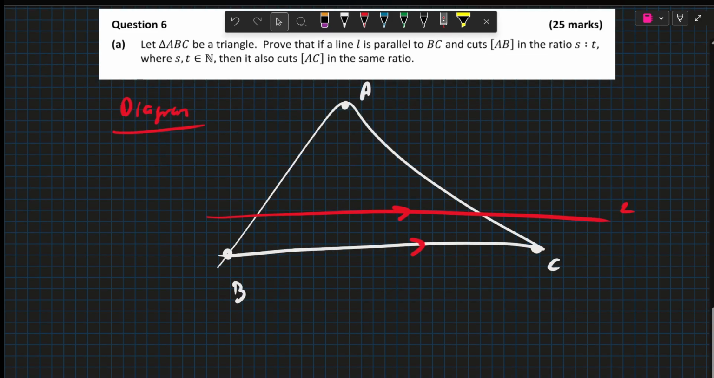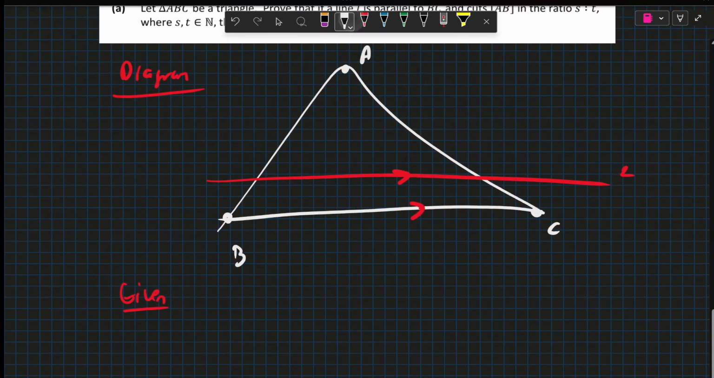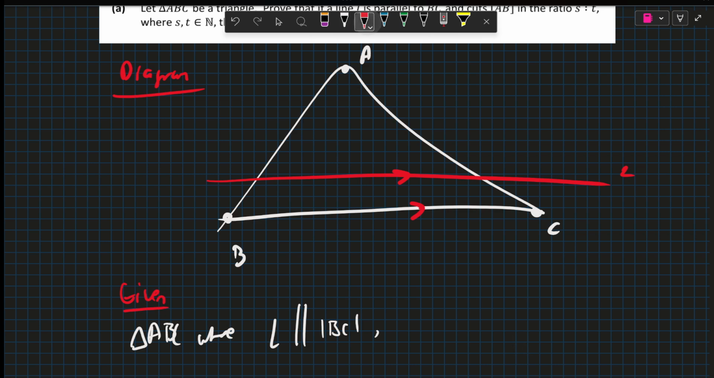So after the diagram, we state our given. So what are we given? Well, we're given a triangle ABC where a line L is parallel to the line segment BC. We also know that it will cut at two different points. I'll call them D and E. So they cut at D and E,